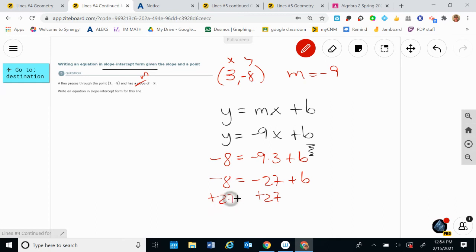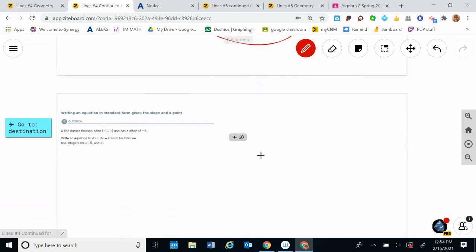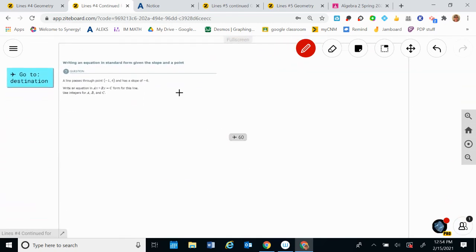Add 27 to both sides, and you get b is equal to 19, right? Yeah, 19. What's the equation of the line? y equals -9x plus 19. Okay, next. Same problem, but now it says,